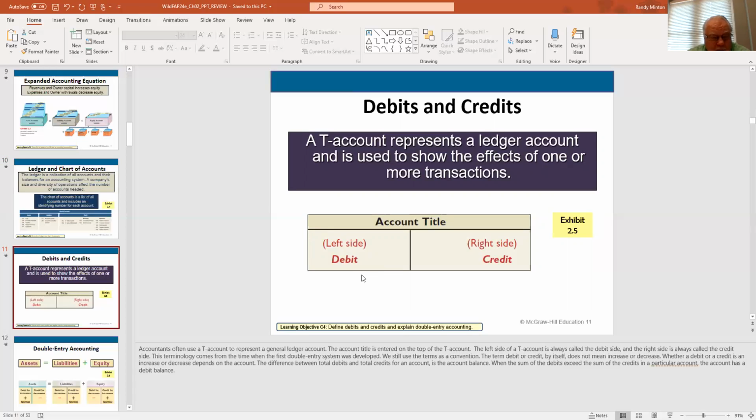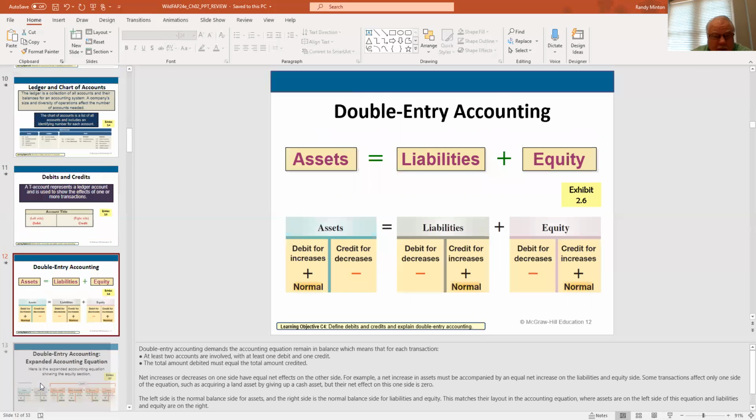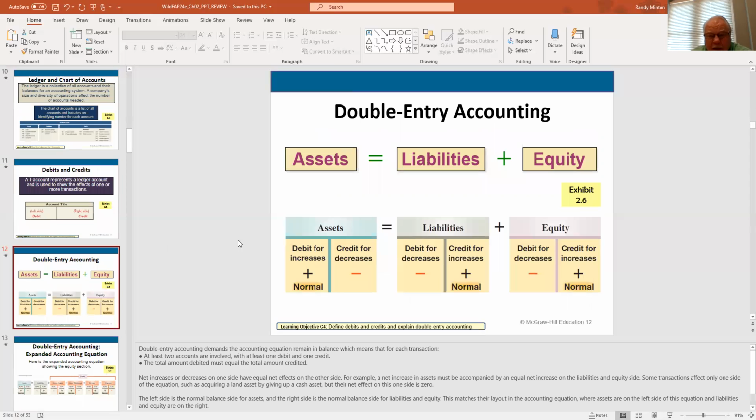So what I would like you to do, and I think maybe this slide here shows you this. This slide is incredibly important. So what you want to do is make sure that you have internalized this. By that I mean you know it. Because when you get into examinations and so forth, I'll be moving very quickly through it, you'll have to appreciate what's happening here.